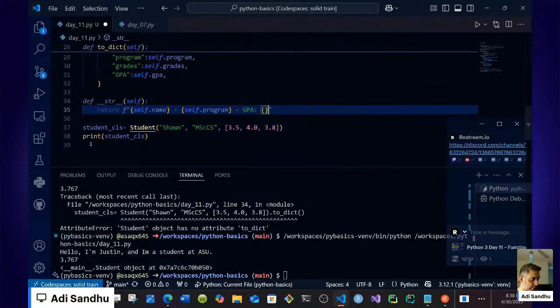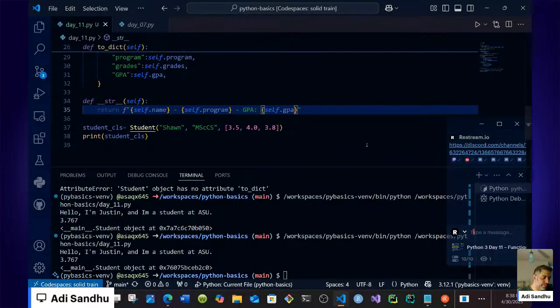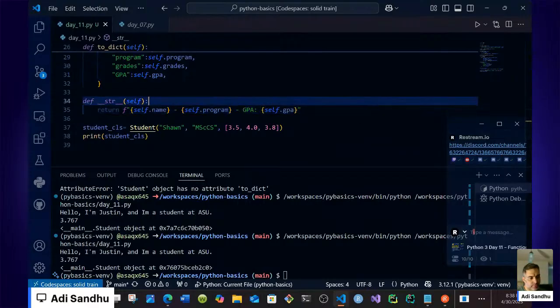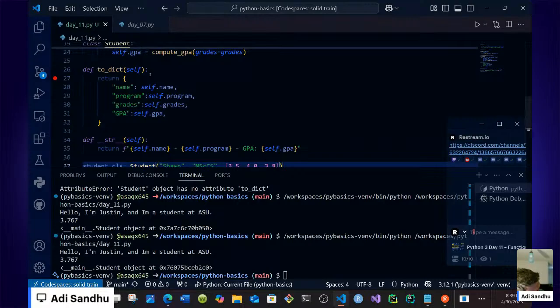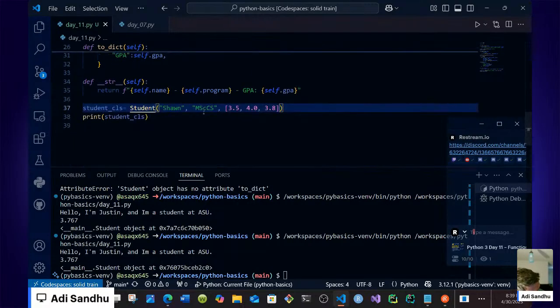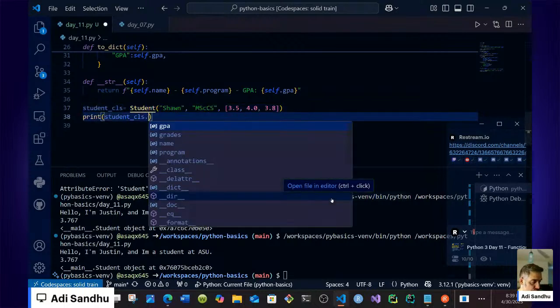So GPA, right? Didn't print it. This should print it. Think about it, buddy. Why is it not printing this function call to dictionary inside this class, right? So this is the class instantiation. So you can do this to